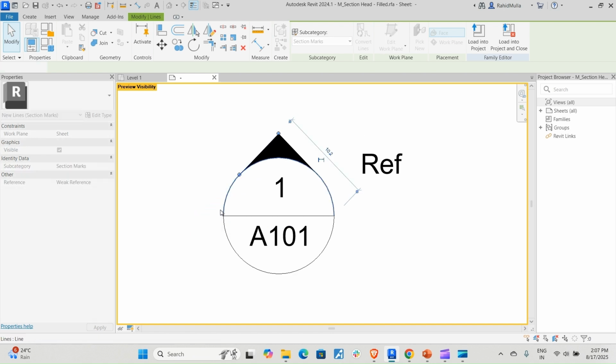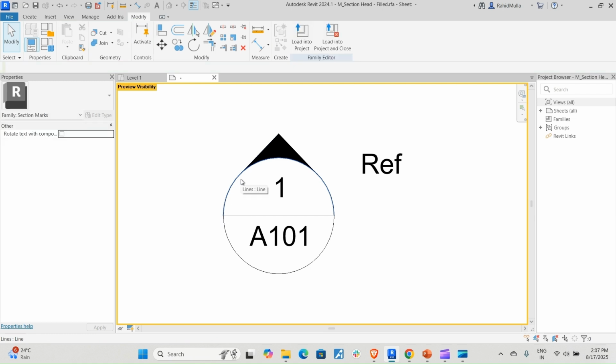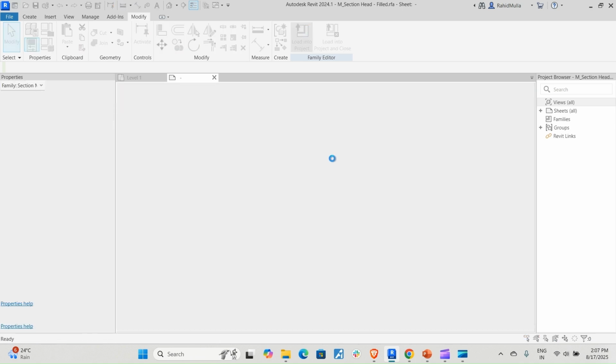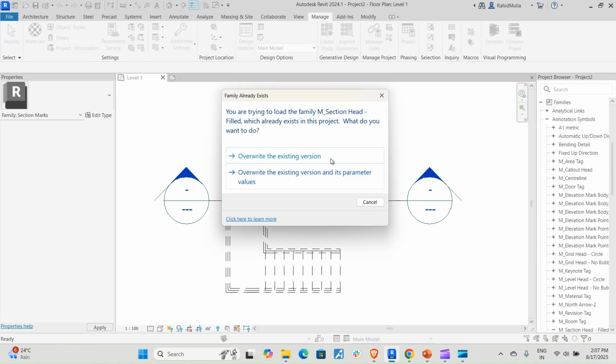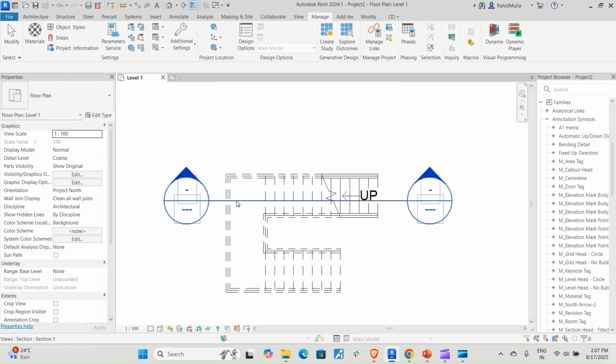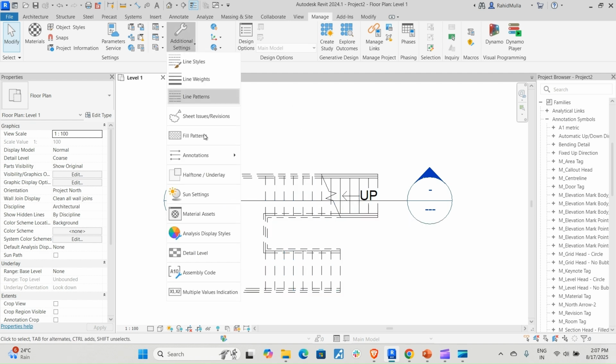So what I will do, instead of including that into the hide category, I will just align this with respect to this positioning, and when I load this into the project, again it will be fine. Okay, so this is how you modify a section head family or else the elevation head family. Whatever options that you see here,